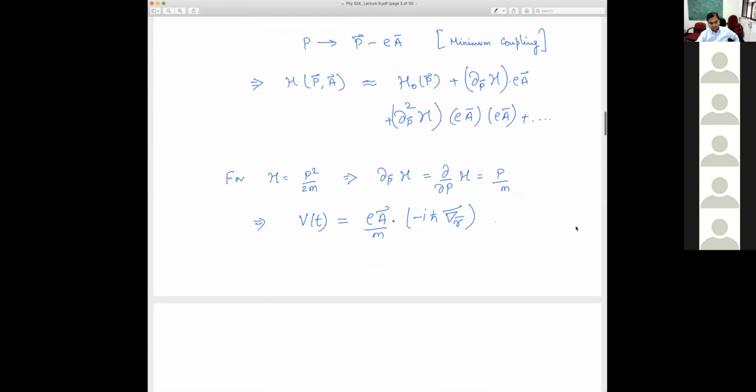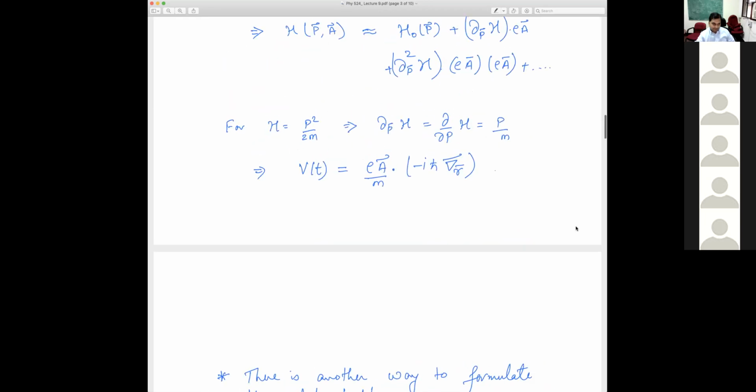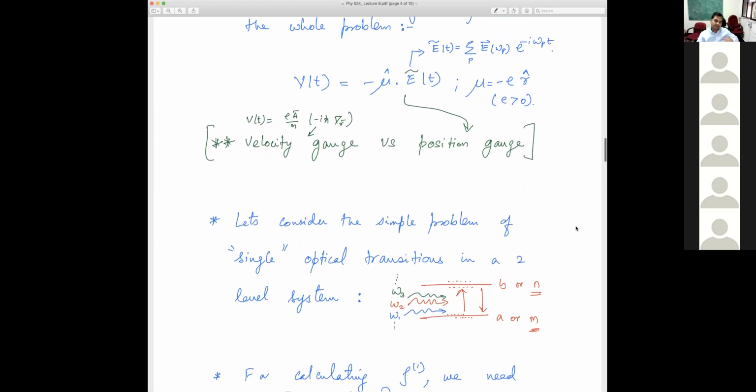Then we did it specifically for the light matter interaction, where I said there are two ways to include light matter interaction. One is the length gauge, one is the velocity gauge. And one proof that we did not do is that, if I neglect the space dependence of light, meaning e to the power i k r in e to the power i (k r minus omega t) of E(t), then you can show that I can go from one to the other by doing a unitary transformation. So that I'll give you as a problem somewhere, to show that. Okay, so they are equivalent formalisms.